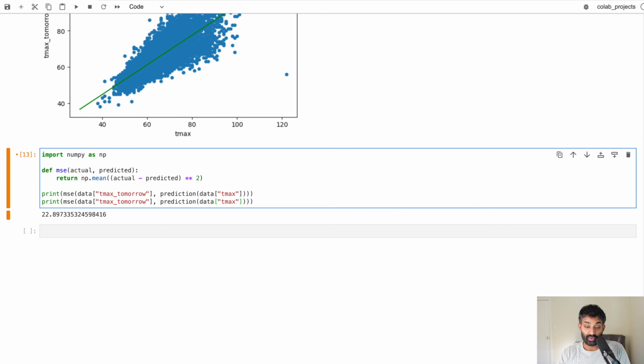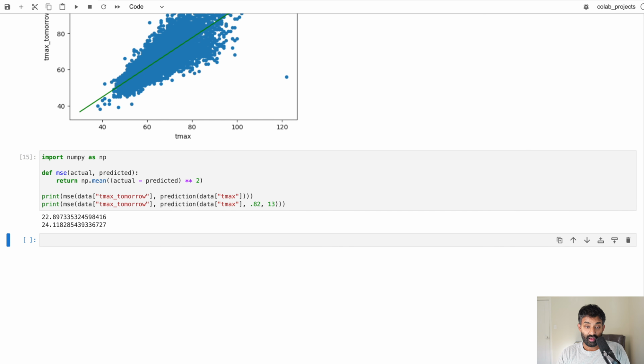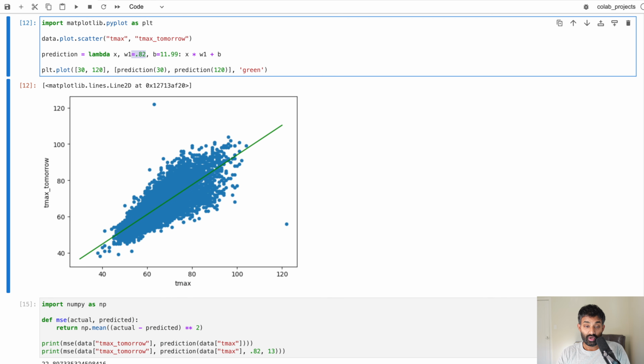So let's try this with a weight of 0.83 instead of 0.82. And we can see our error actually goes up. We can also try it with a bias of 13, and we can see our error goes up in that case too. So basically 0.82 and 11.99 are the best fit parameters for linear regression, but they still don't fit